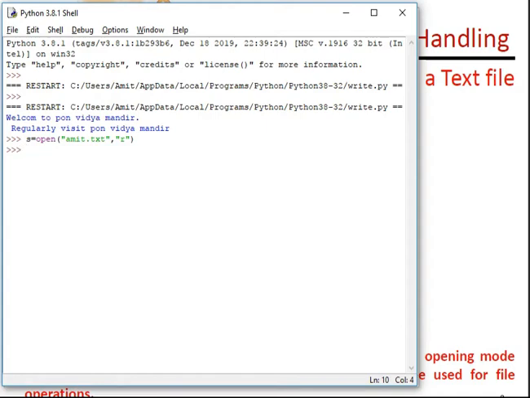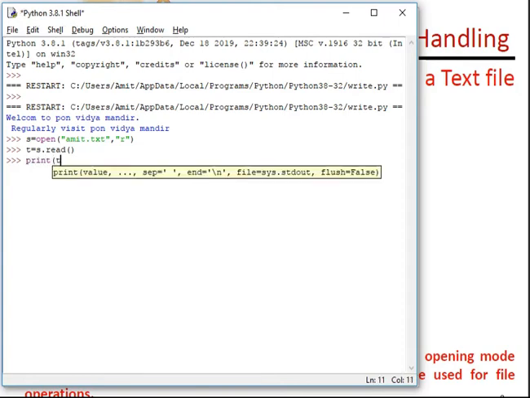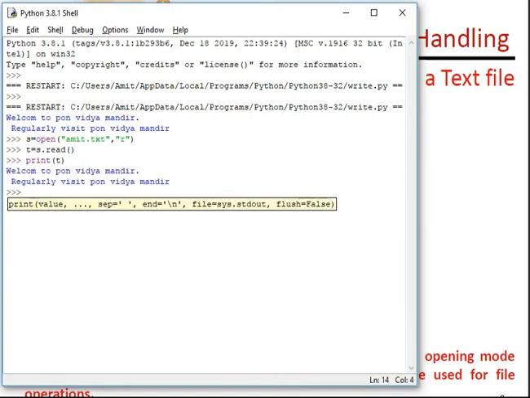Now I will use text file t is equal to s.read, read it. I want to read the whole thing. Okay, so it has read. Now I want to print the content of that. Use t, so it will read out. So I can use it step by step in interactive mode also. Suppose we have some paragraph or something, I'll just try to use these two commands.